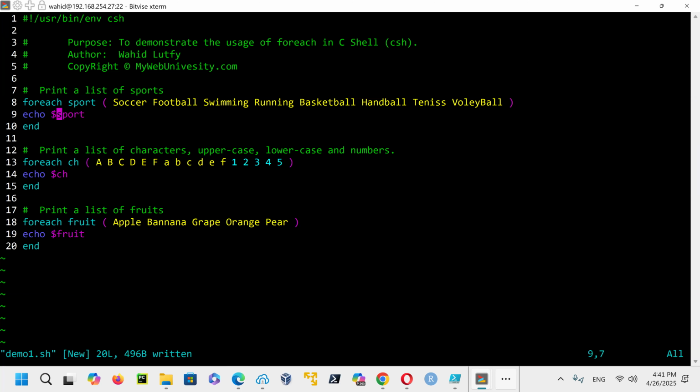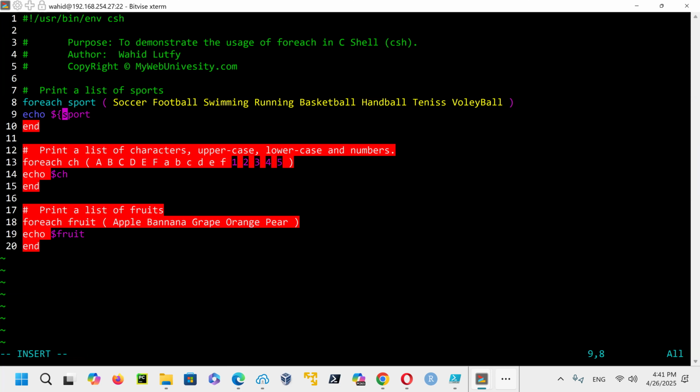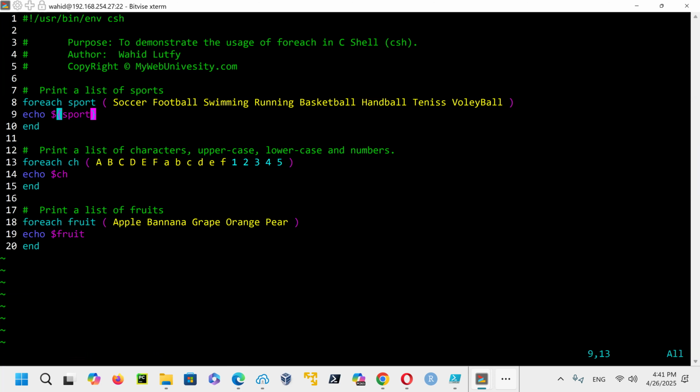You can also do it with braces, ${sport}, which is the same as doing $sport. If for any reason the name was a combination with a space, this string would be better to interpolate it correctly.